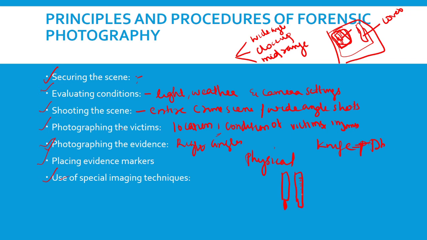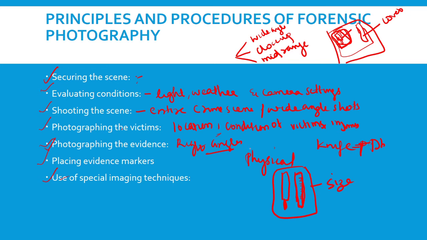You have to keep a scale here in order to find out the size of the physical evidence. So you have to keep a scale for measuring the size of the physical evidence, and also take it without a scale. So while taking the photograph of the evidence, you have to take it at right angles, and also keep a scale to signify the size, and take one without a scale to show the relationship with the overall scene. So that is the photographing of evidence.